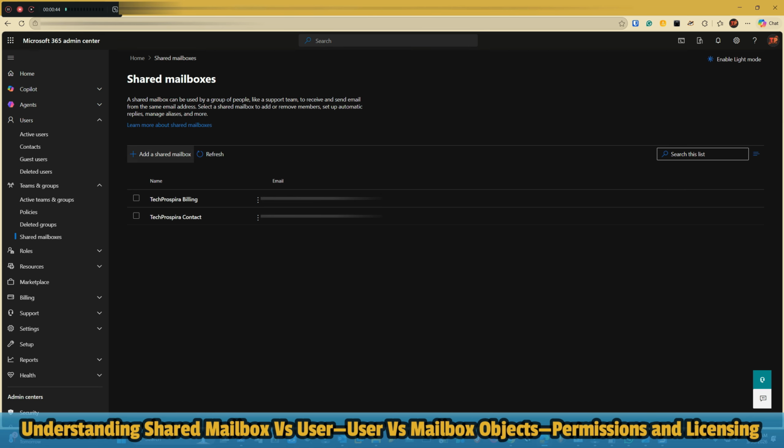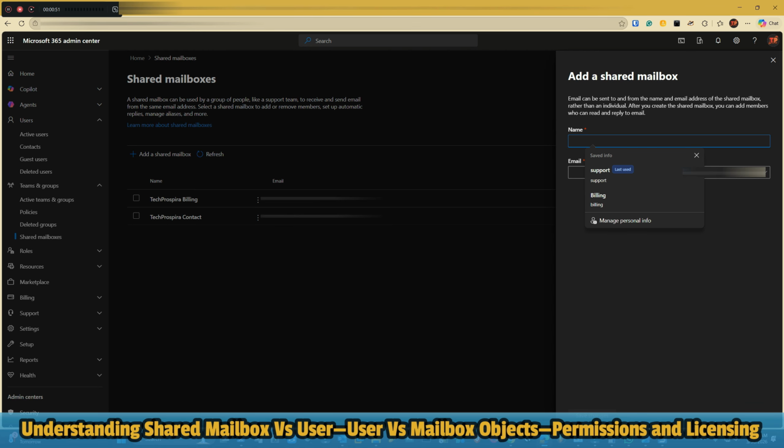First step, add a shared mailbox. Let's say the name of the shared mailbox is my company name, and let's say it's for help desk. It's just a name. Okay, and the email address would be just the help desk, so helpdesk@yourdomain.com. If you click here, this is your custom domain that you purchased from either GoDaddy, Namecheap, or